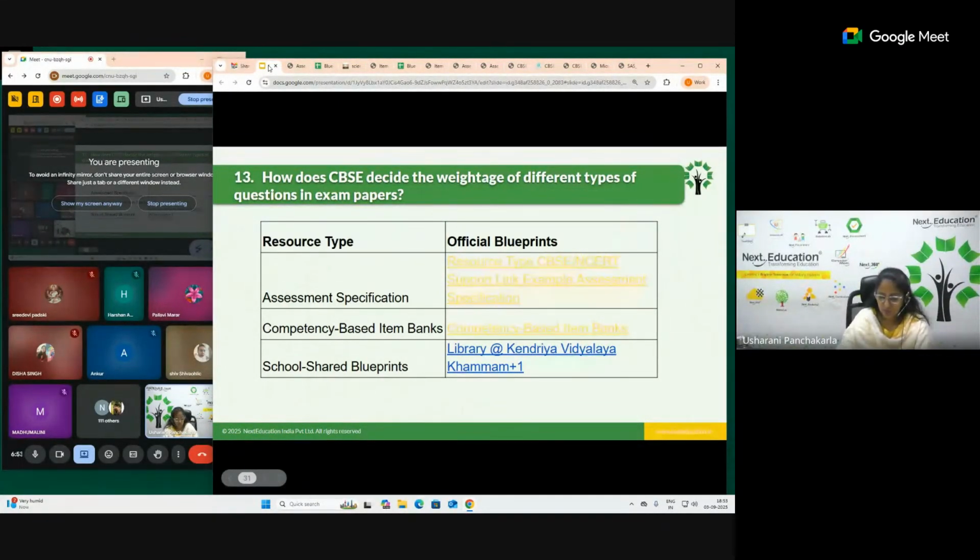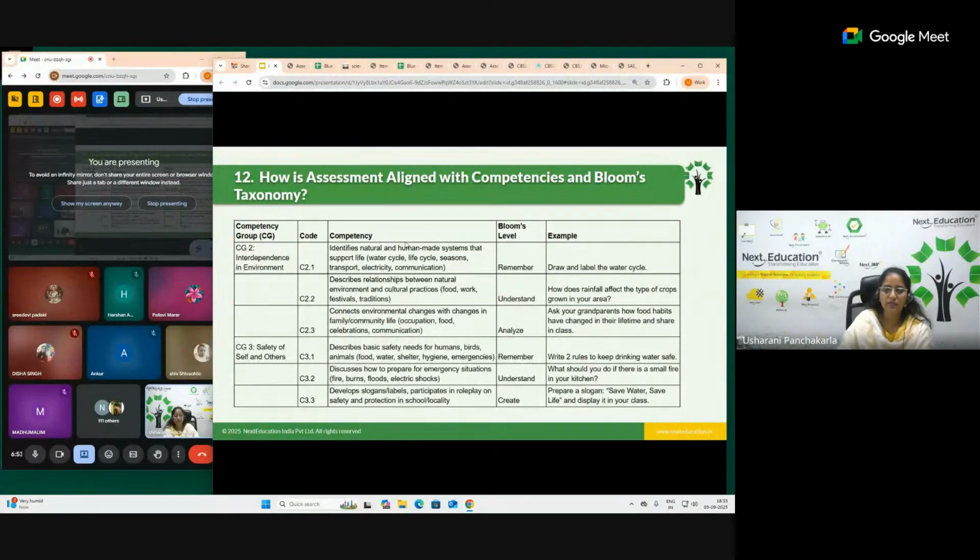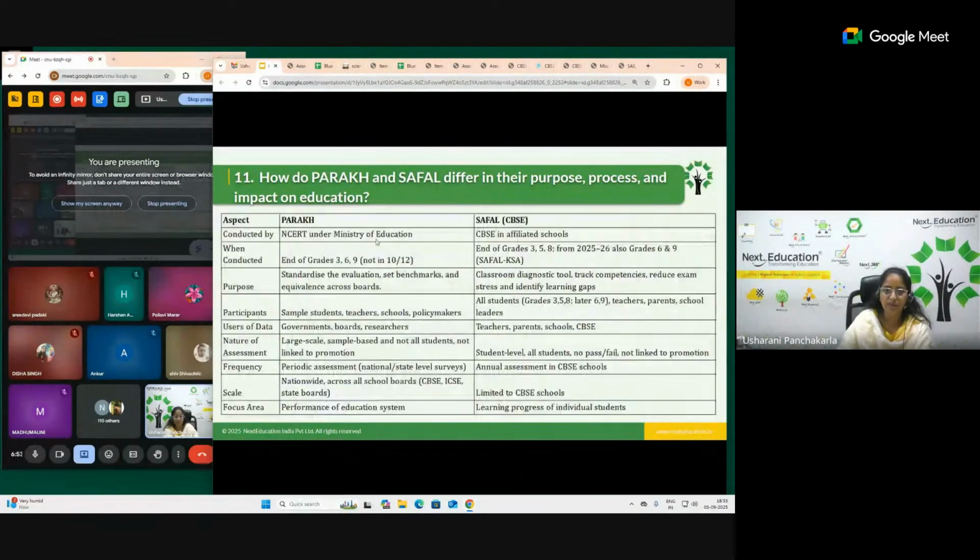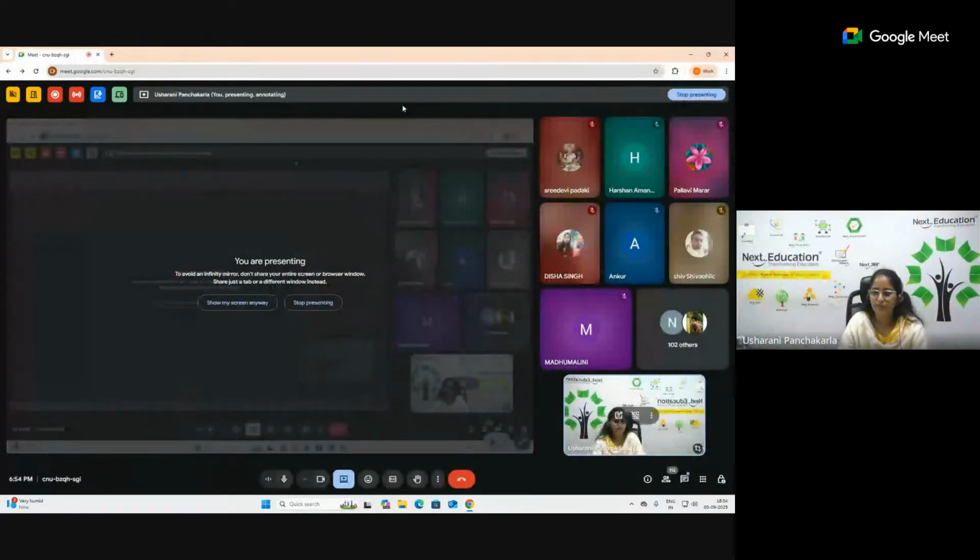So don't worry guys, we'll repeat from here. From the 11th slide onwards, we are going to repeat in the next session, because I have shown many things with respect to the PARAKH assessment: the foundational stages, the policies, the guidelines, and whatever interpretation has been captured. That is where it has consumed the time. But if we continue the next session from here onwards, don't worry. If you still have any concerns, please let me know. I'm here to support you.